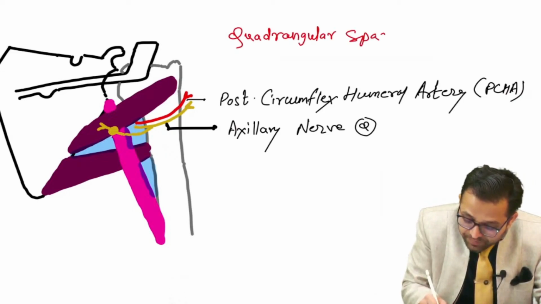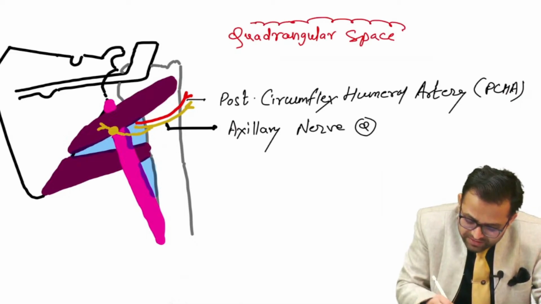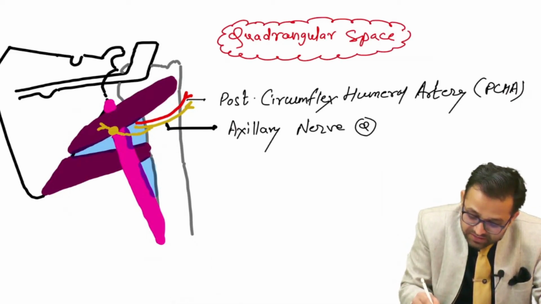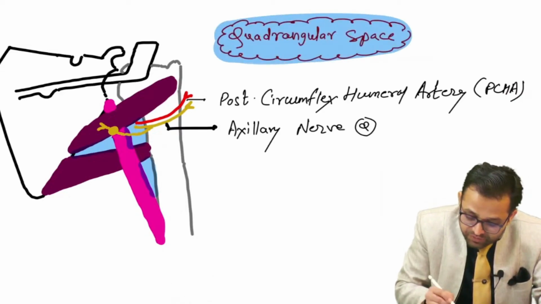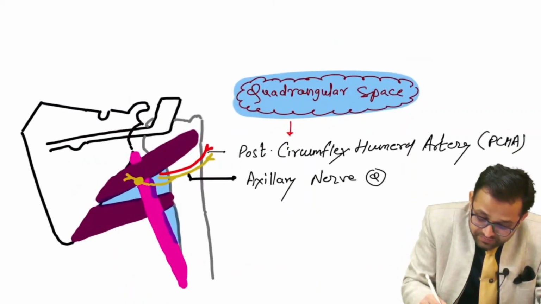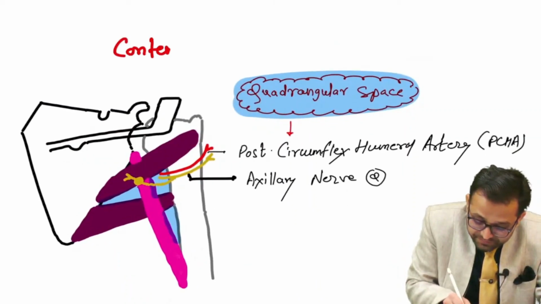quadrangular space। याद रहेगा बेटा, बिल्कुल भूलने वाली बात नहीं है। सो दीज आर द कंटेंट्स। ओके, दो कंटेंट आपको याद रखने हैं। यस, वेरी ब्यूटिफुली यू कैन रिमेंबर। यस, वी आर मेकिंग द डायग्राम फॉर द कंटेंट्स।